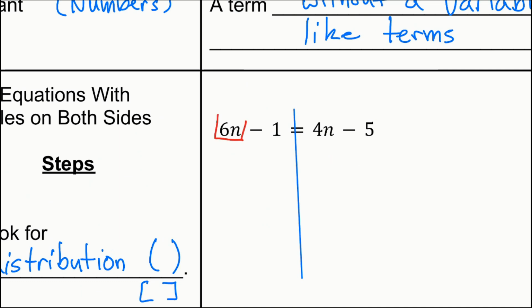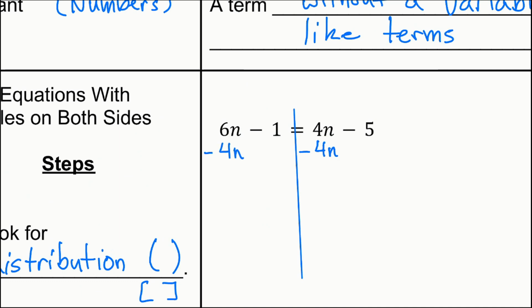The variables that we have are these two variables here. So we can either subtract 6n on both sides, or we can subtract 4n on both sides. It's up to you what you want to do. What I try to think about is which one is going to get me a positive variable term. Taking 6 away from 4 or taking 4 away from 6. In this case, it's going to be taking 4